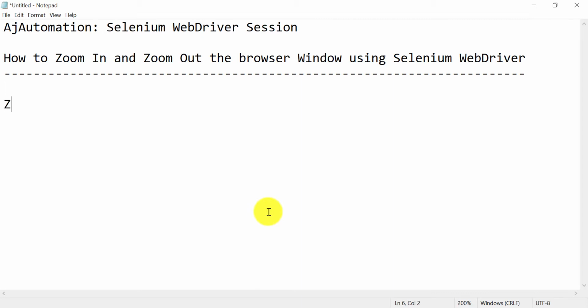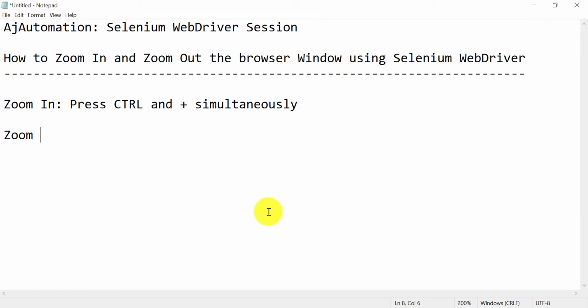I will just make a note. To zoom in, press control and plus simultaneously.